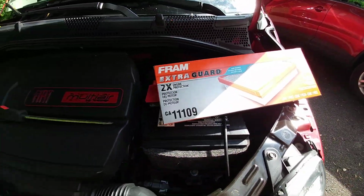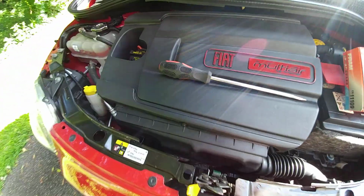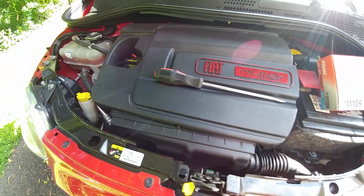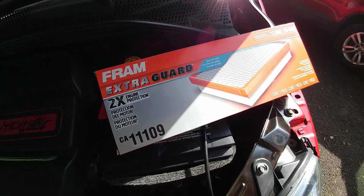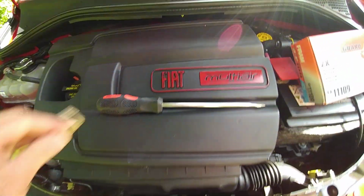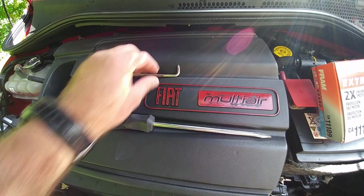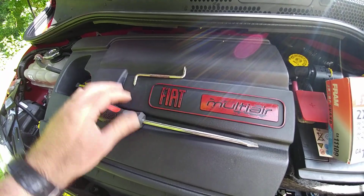Today, I'm going to show you how to change an air filter on a 2013 Fiat 500. I got this air filter off of Rock Auto. It was about 12 or 13 bucks. And I think the only tools we're going to need for this job are a rather large flathead screwdriver and